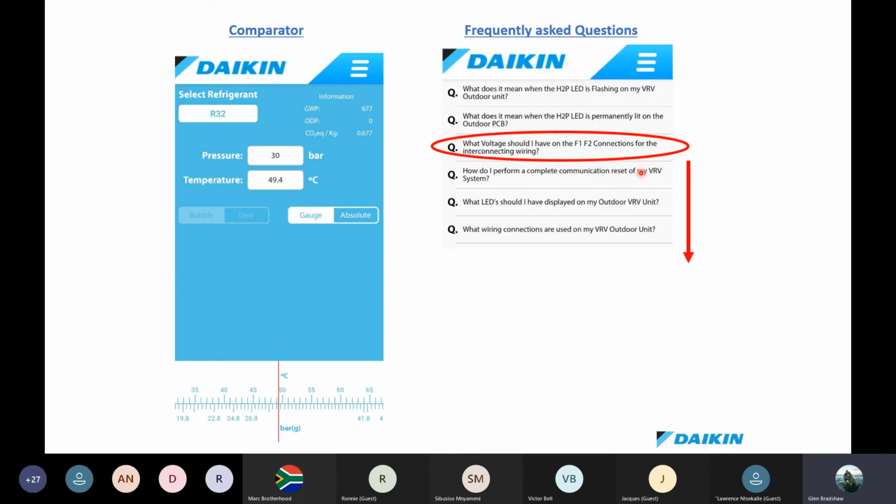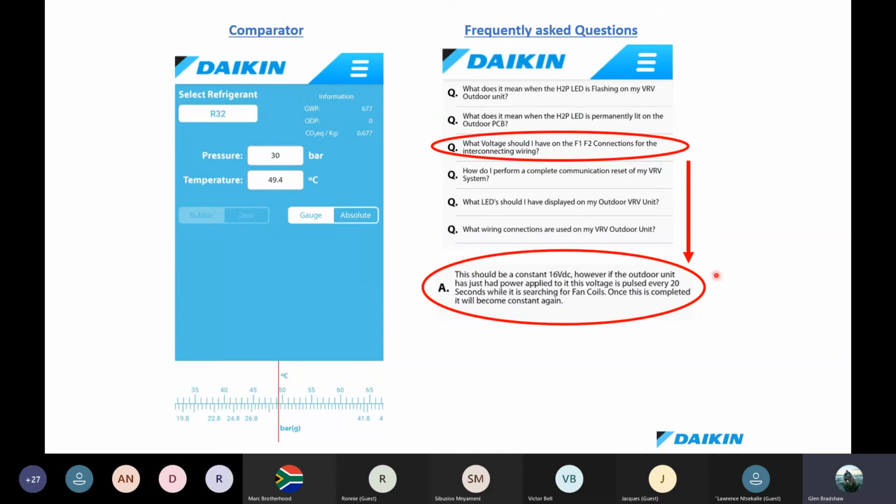Right. Okay, and then there's also frequently asked questions. Okay, now as I do each update of this app, you'll see some more questions being added to it. Okay, and it'll tell you what should I have on the F1, F2 connections for connecting. So it's looking at a voltage, and it will tell you that when you have that, you should be looking for a constant 16 volts DC. Okay, so there's just a little thing where the guys often phone us and they'll say, what voltage should I be measuring? Yeah, the app will actually tell you what that voltage is. Okay, right, so